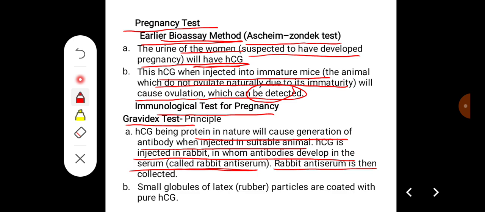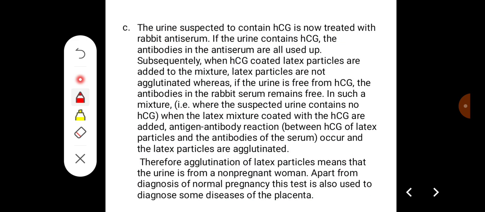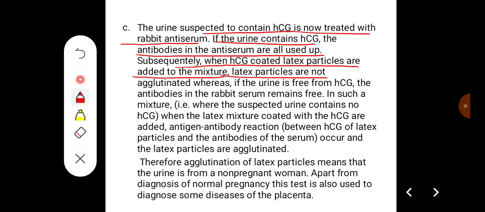Small globules of latex particles are coated with pure HCG, and the urine suspected to contain HCG is now treated with rabbit antiserum. If the urine contains HCG, the antibodies in the antiserum are all used up. Subsequently, when HCG-coated latex particles are added to the mixture, the latex particles do not agglutinate, whereas if the urine is